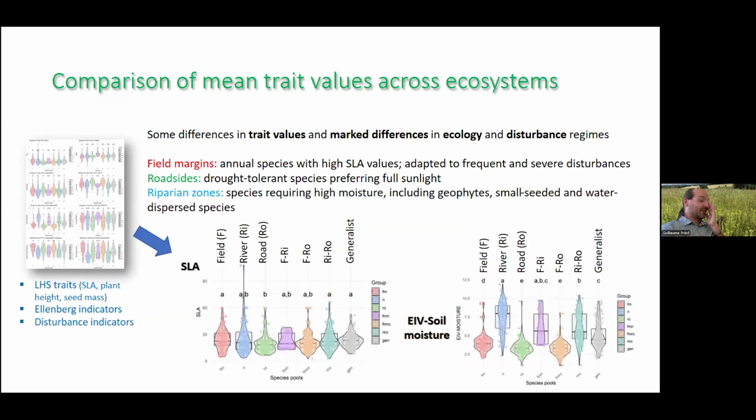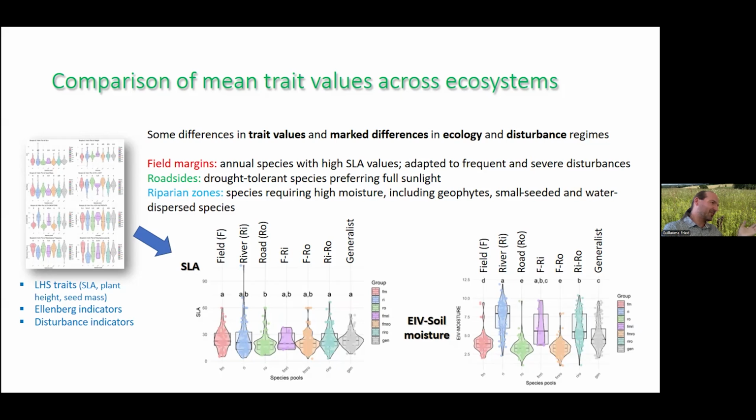So we've just seen that there are taxonomic differences between these three ecosystems, but what about functional differences? On this slide, you can see a few graphs comparing the distribution of trait values. Specifically for SLA, specific leaf area, you can see that SLA is higher in field margin on the left compared to road in green, with the riverside having intermediate value. You can see also